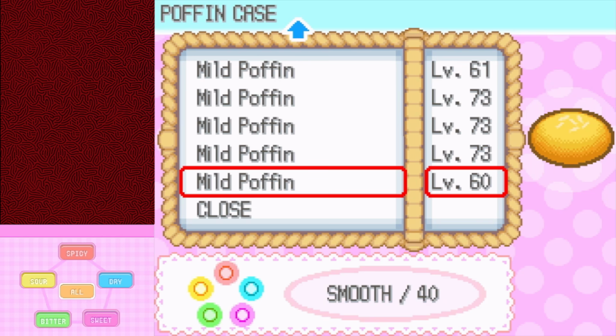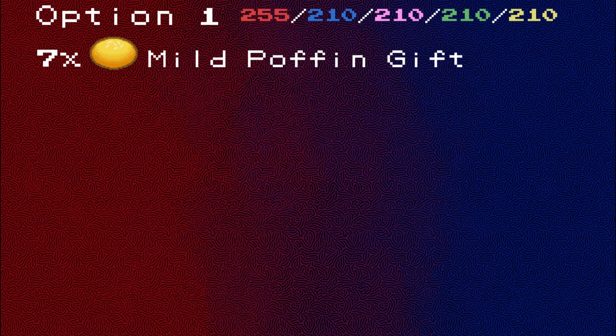So if you don't have Platinum, but you have at least 2 Generation 4 games, you can feed multiple mild Poffins to the same Pokemon by replaying the game up to Hearthome City, which is a couple hours and 2 gym badges in. Feeding a single Pokemon the maximum of 7 mild Poffins is actually enough to get you 255 in coolness, and 210 in every other stat, which is enough to get the maximum visual round bonus of